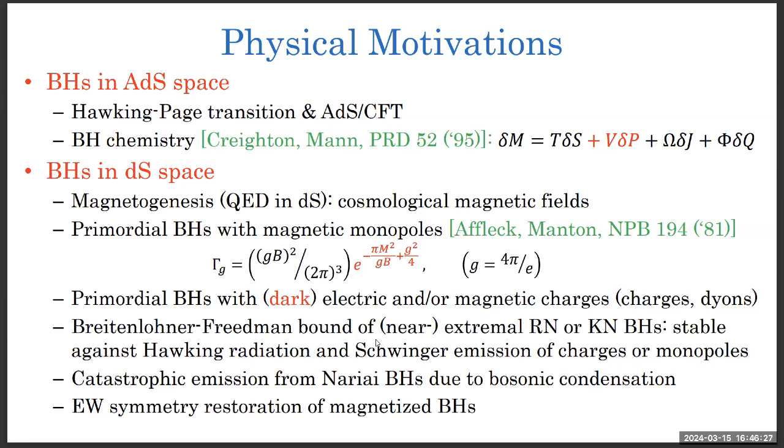So Robert Mann called it black hole chemistry because of pressure. Otherwise, that's not complete. But from another viewpoint, from the cosmology and astrophysics viewpoint, we are interested in the magnetic field. What is the origin of magnetic field in the universe? Cosmic scale magnetic field, nano-Gauss,